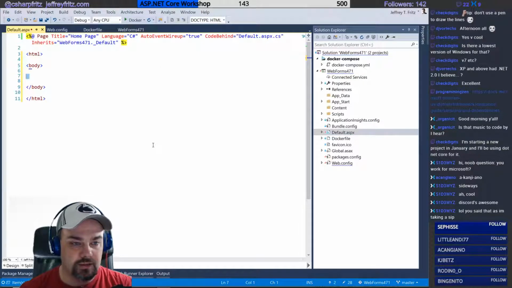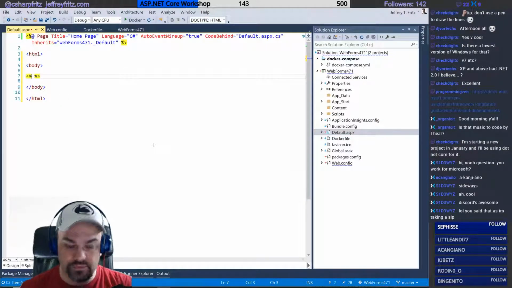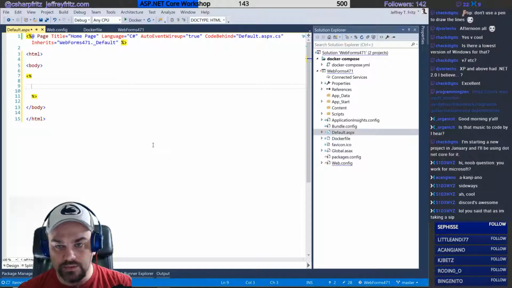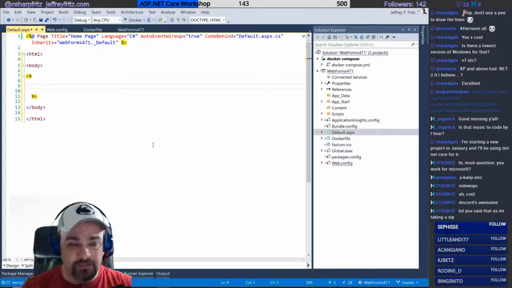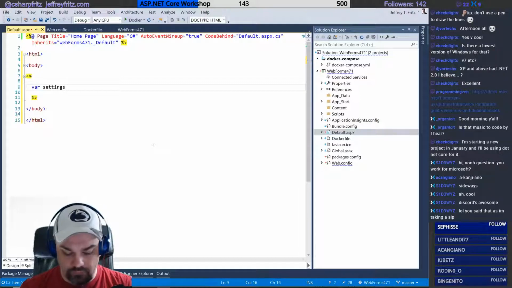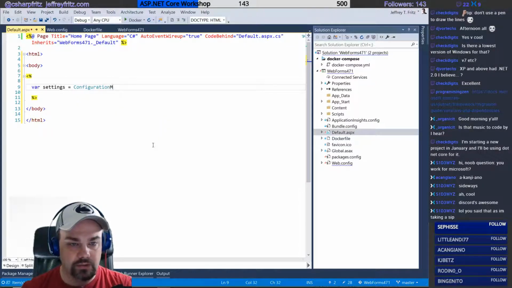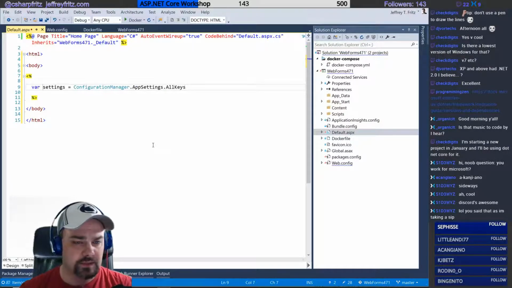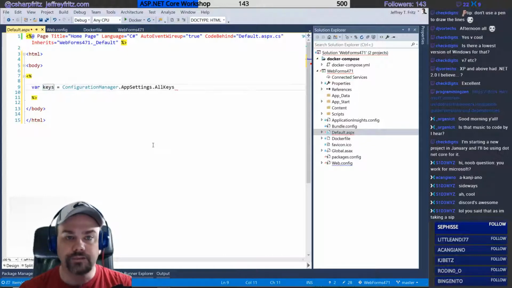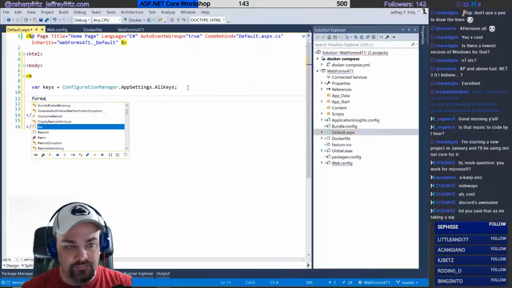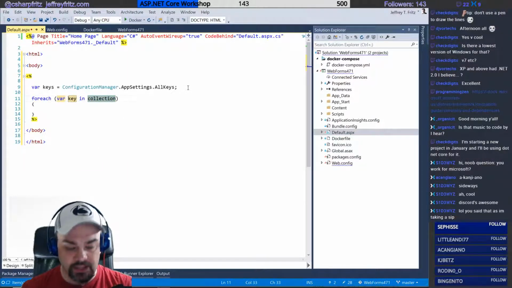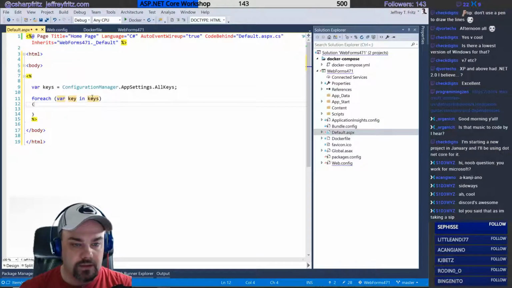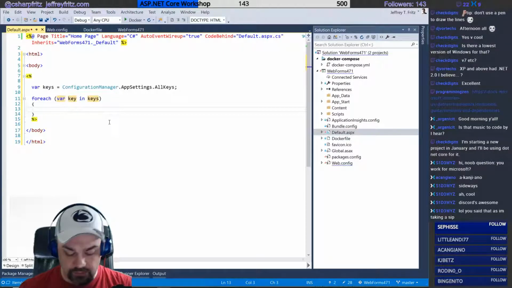I'm going to have a body here, and let me use some simple inline C# code so that I can inspect my configuration manager. So let me reference my settings. I can say ConfigurationManager.AppSettings. Let me just go get all the keys. Let's actually just call this keys. Okay, so now I have a reference to all the keys that are in there, and now let me just do a foreach. We'll call it a key in keys, right? And to be clear, keys is an array of strings. Okay, so let's just do a